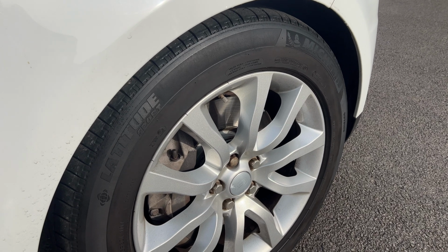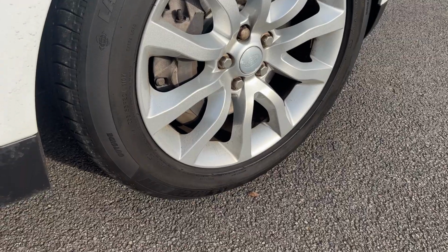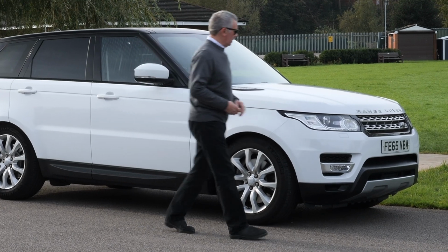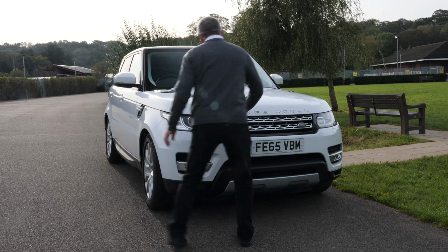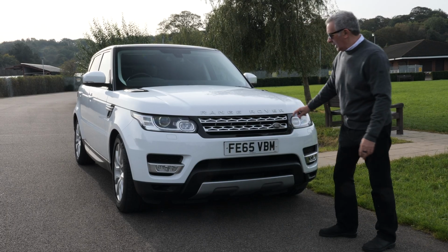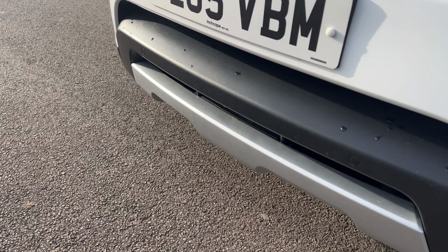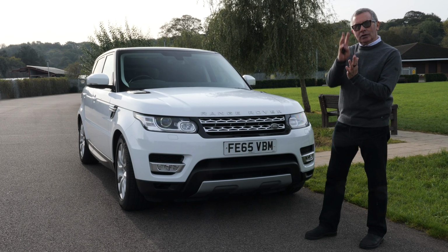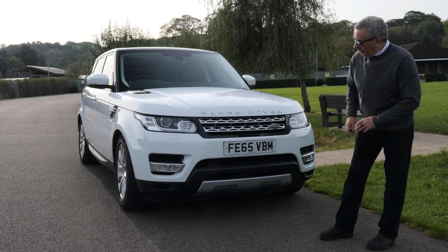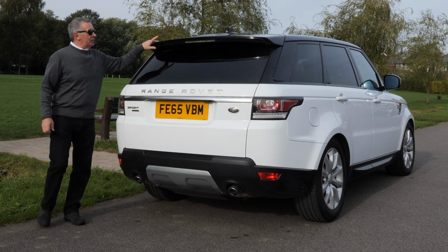So what have we got? As I say, Santorini black roof. We've got the side vents again, surrounds in black, bonnet vents, surrounds in black, multi-spoke alloys, high pressure headlamp wash, silver Range Rover badges and grille, and again you've got the piano black surrounds, low front chin spoiler, but you've still got an excellent angle for climbing up hills like we all do in Range Rovers. Front parking sensors, we've got the rear privacy glass, integrated rear tailgate spoiler,